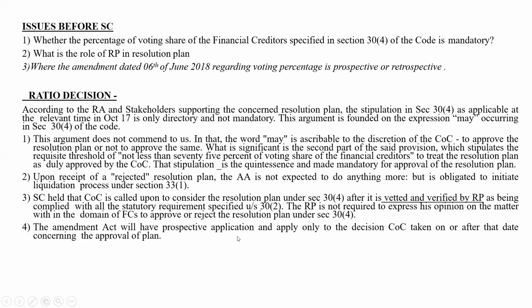The Amendment Act will have prospective application and apply only to the decision of the COC taken on or after that date concerning the approval of plan. ठीक है, तो जो पहले वाला जो COC ने रिजेक्ट कर दिया क्योंकि 75% मेजोरिटी नहीं मिली, तो एडजुडिकेटिंग अथॉरिटी उसको अप्रूव नहीं कर सकती।